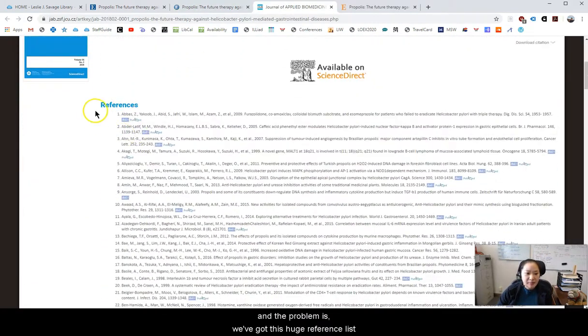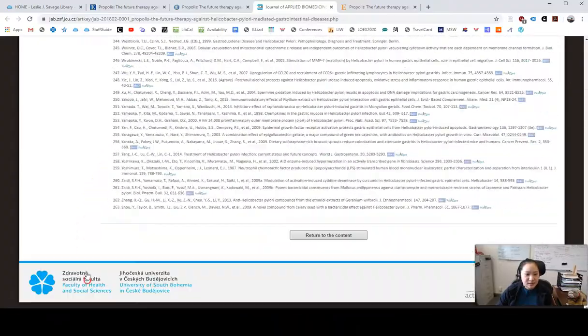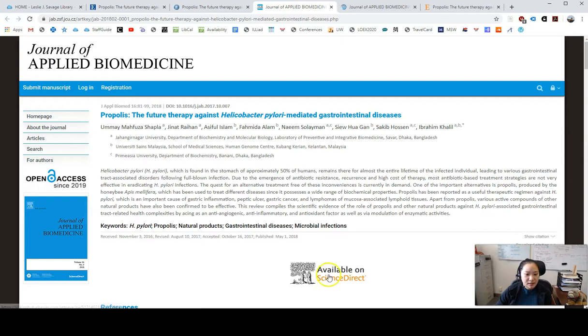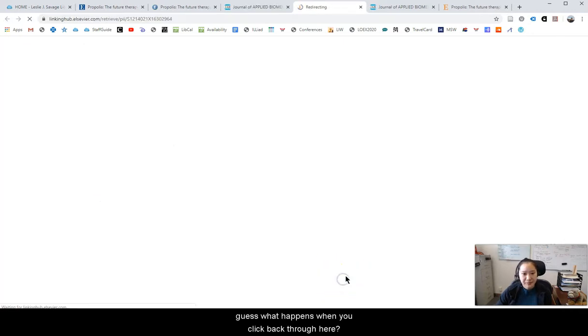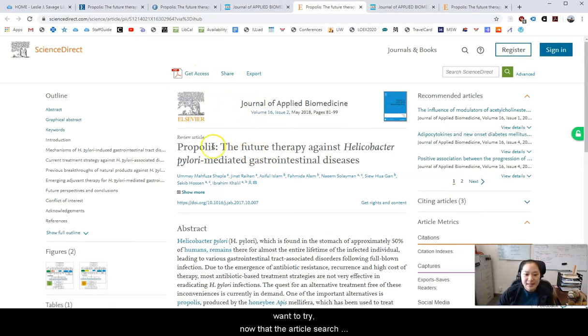And the problem is we've got this huge reference list, but the article itself says available on Science Direct. Guess what happens when we click back through here? It says get access. We're stuck in a loop. Oh no. So the next thing that we want to try, now that the article search has failed us, is